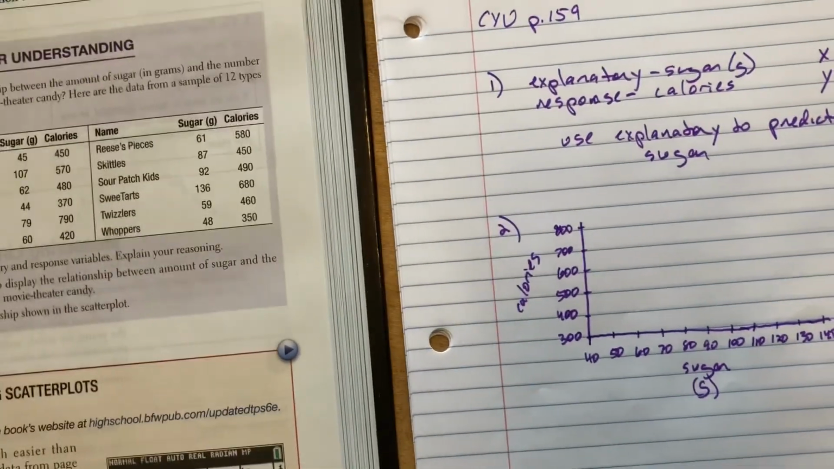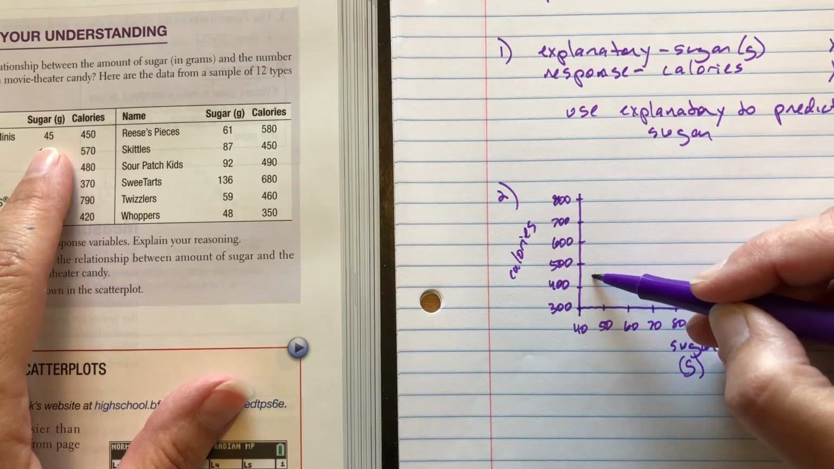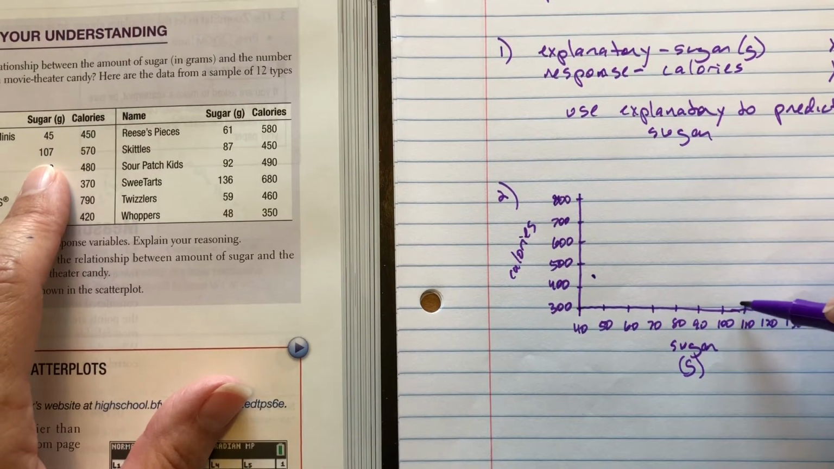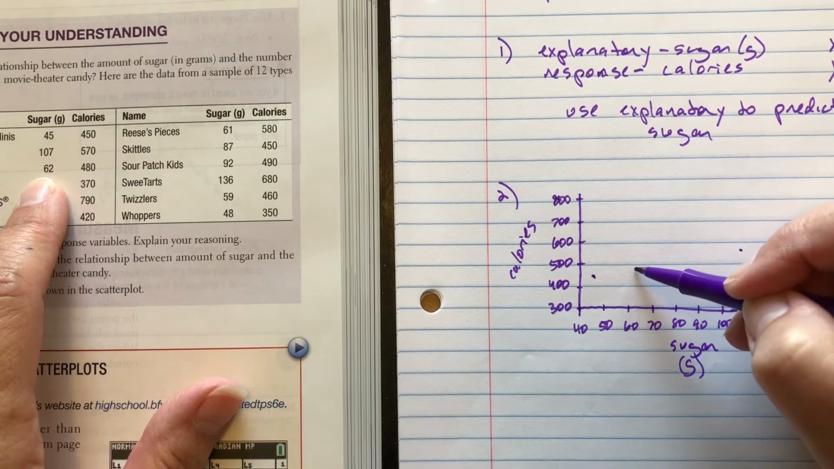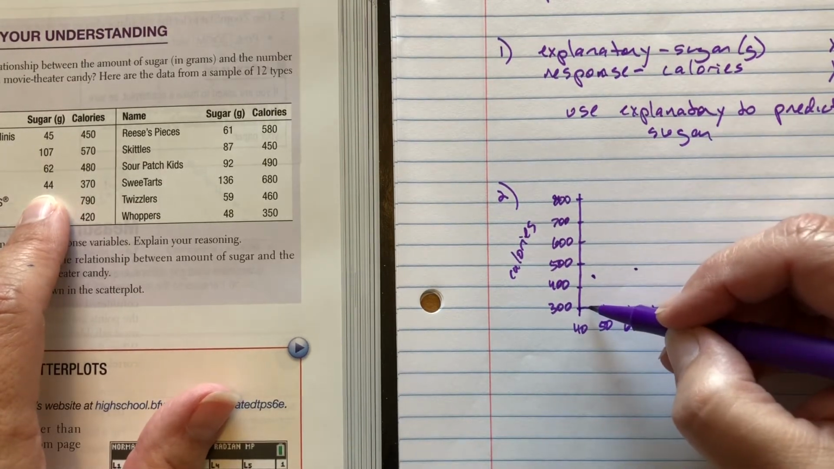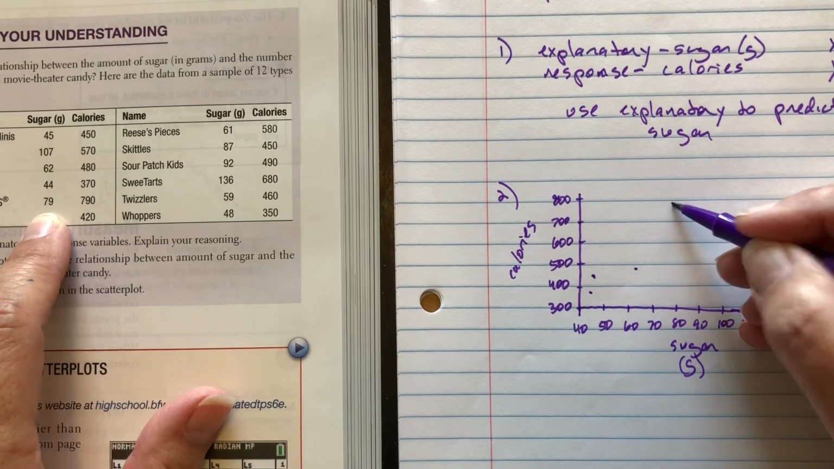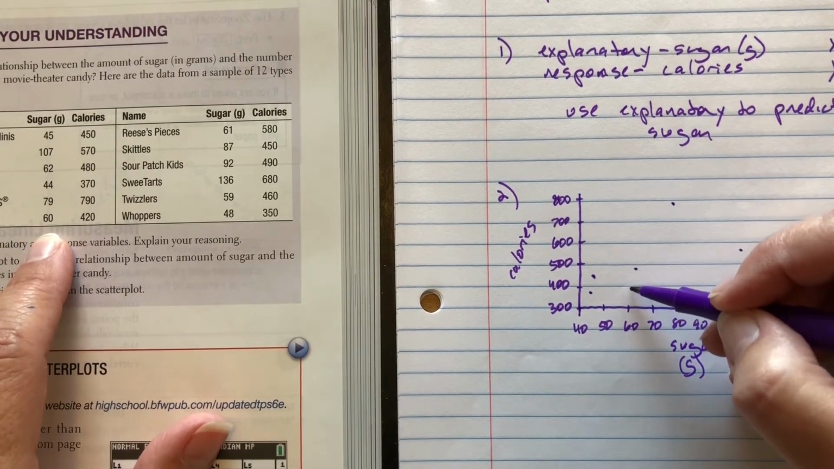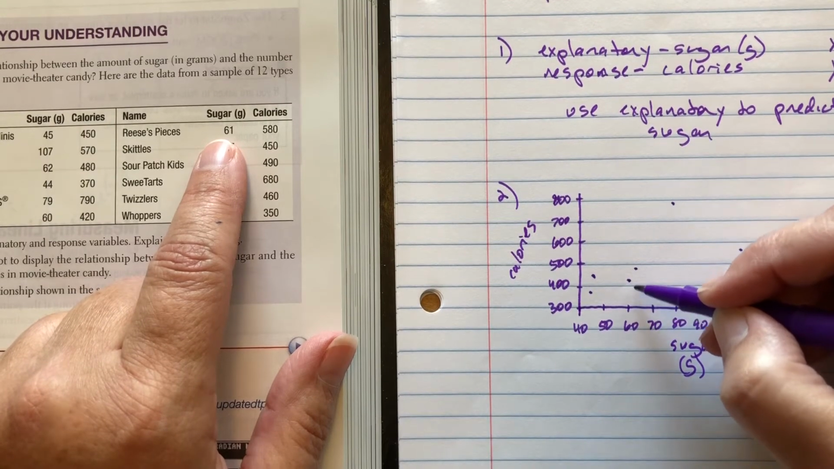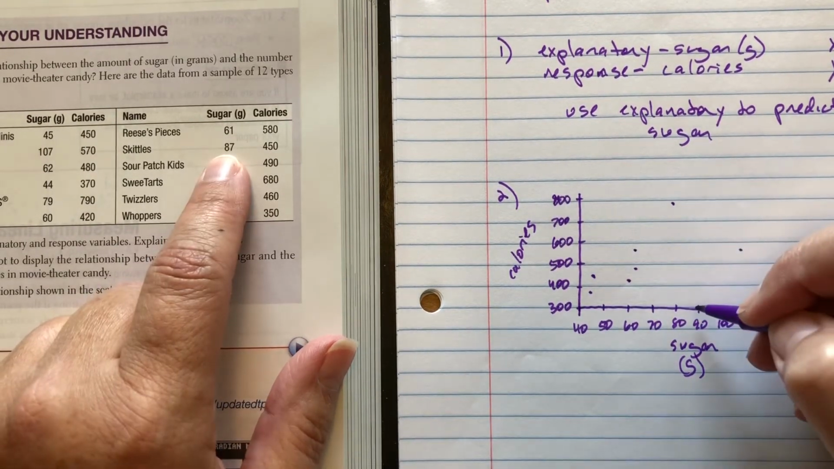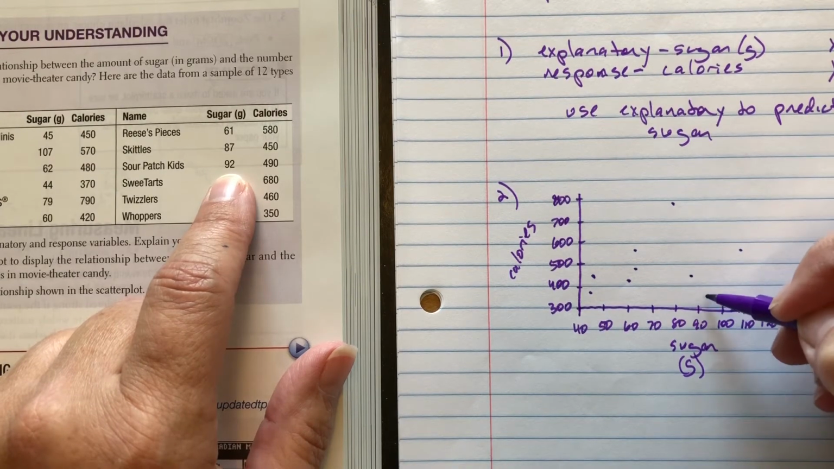Okay, let's plot away. All right, how am I going to do this so you can see both? I think you can see both. Butterfingers, 45 and 450. 107 and 570, 62 and 480, 44 and 370, 79 and 790, 60 and 420, 61 and 580, 87 and 450, 92 and 490,